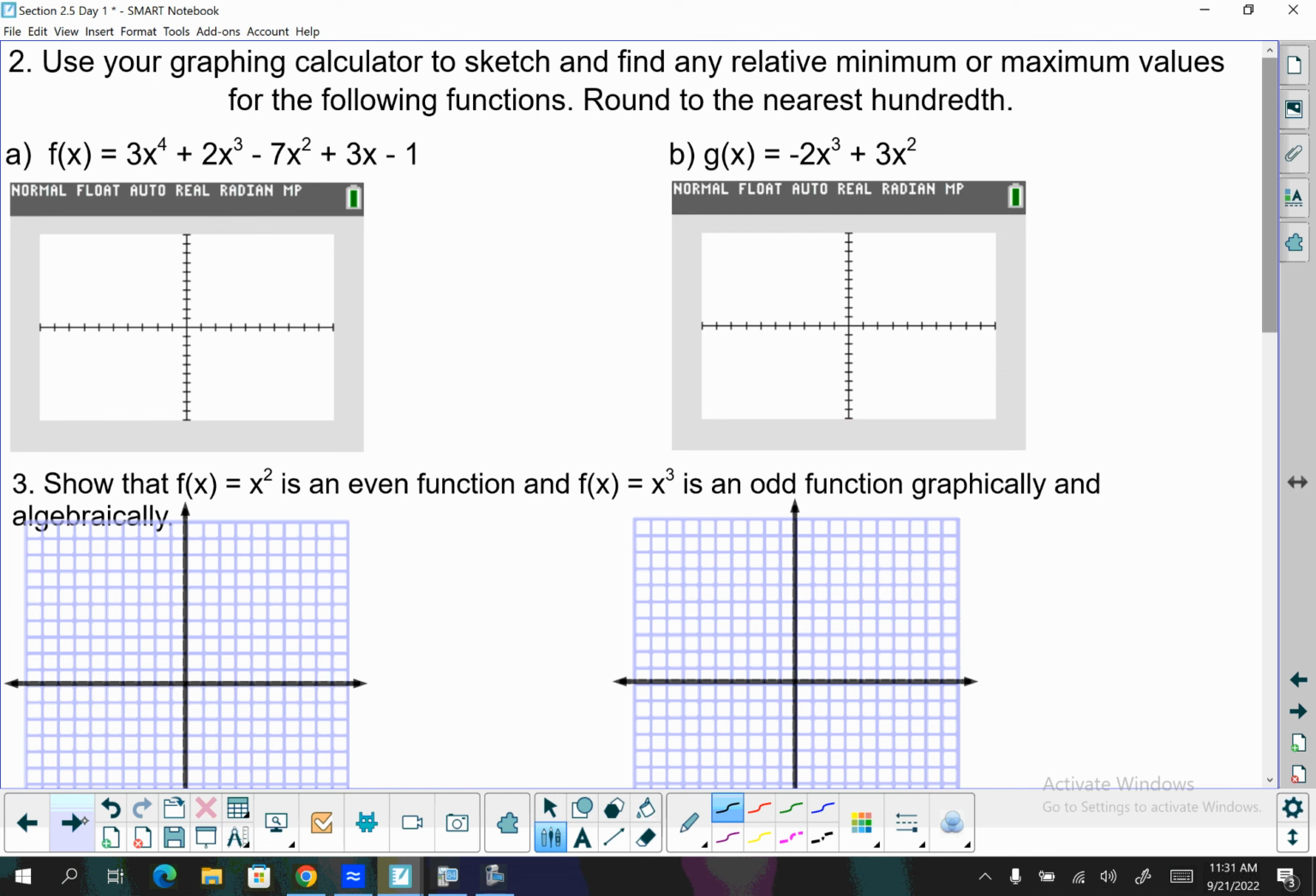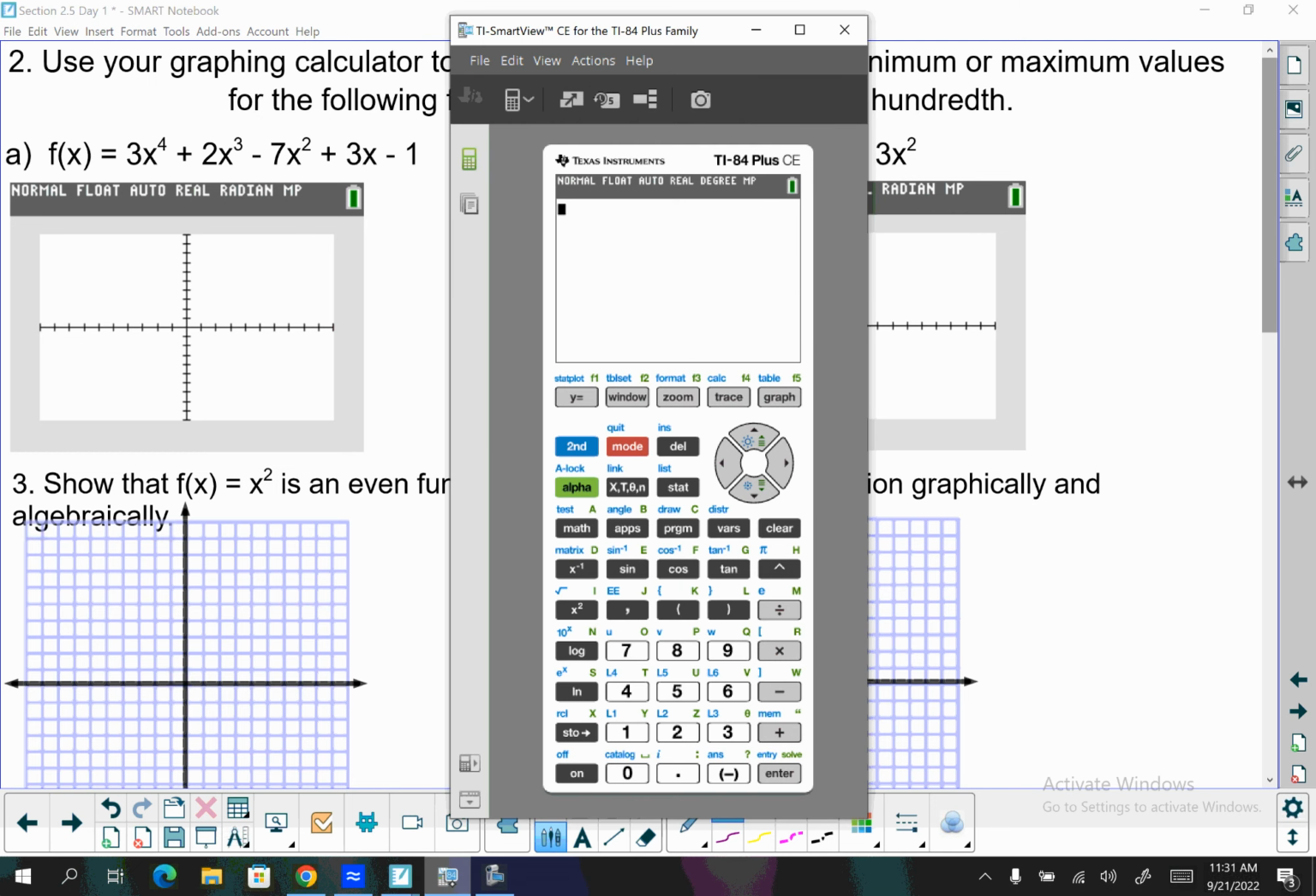Okay. So we are going to use our graphing calculator to sketch these graphs and then calculate any relative min or maximum values. So first thing you need to do in your calculator, y equals, let's just type these equations in. So we'll do the one on the left together first. 3x to the 4th plus 2x to the 3rd minus 7x squared. Here we go. Plus 3x